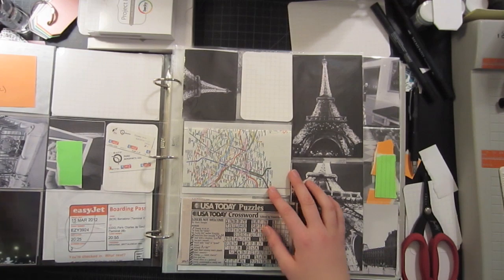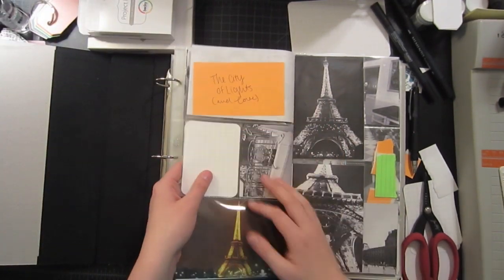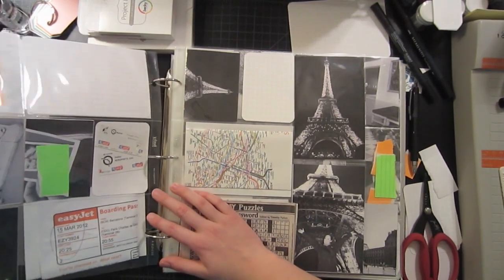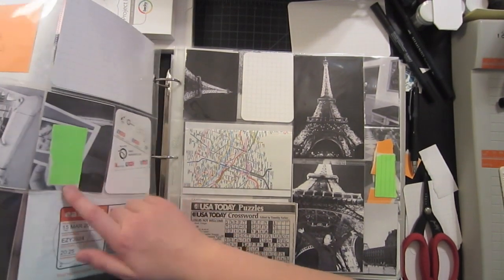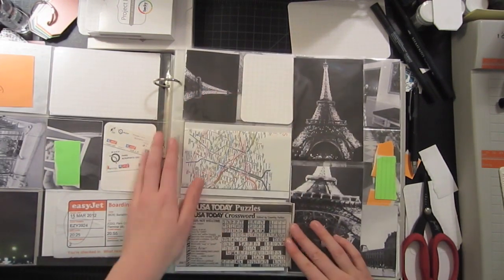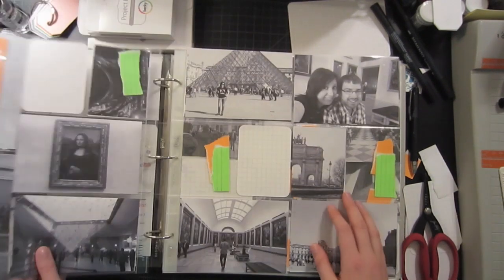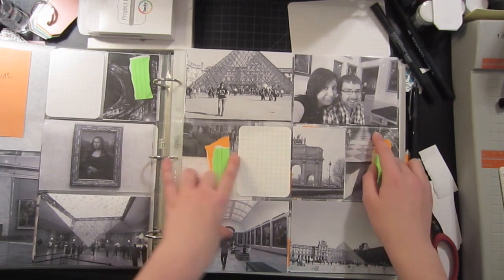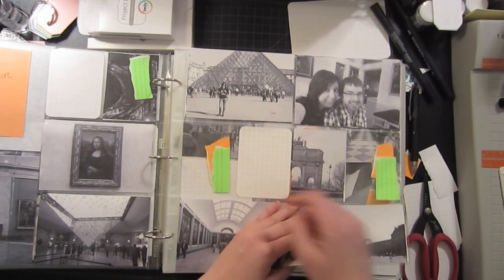This continues that layout. I have the City of Lights and Love here. I have a boarding pass and some metro tickets. Here's another space that I'll need to find a design thing to put. I have my journaling cards spread throughout here, my memorabilia, the Louvre. I have more pictures here, and you'll see here that I need to find some more design elements for here,